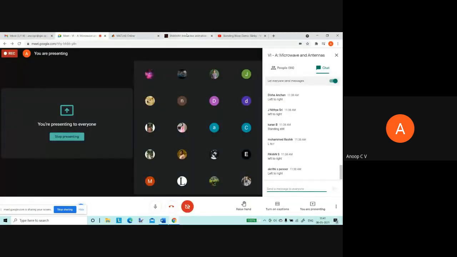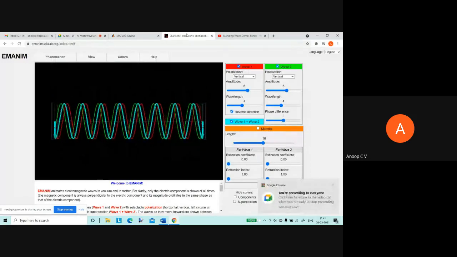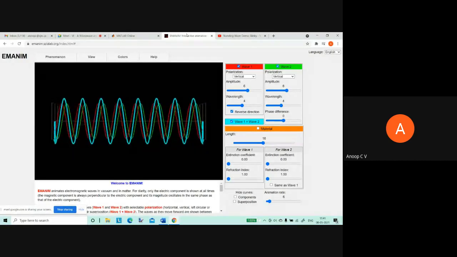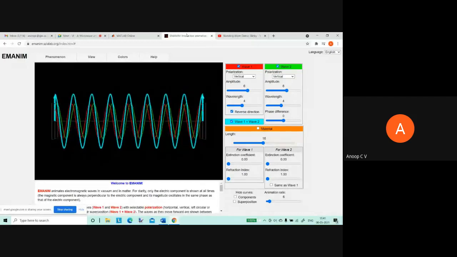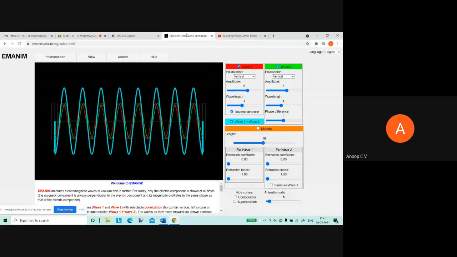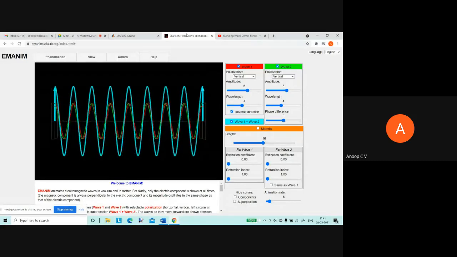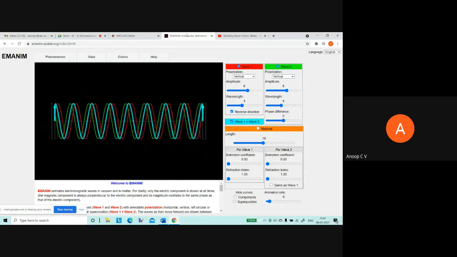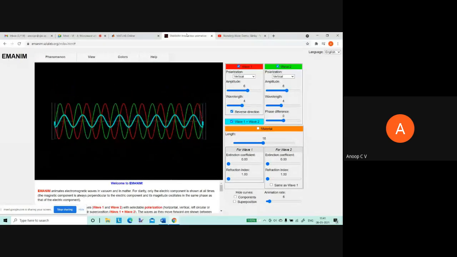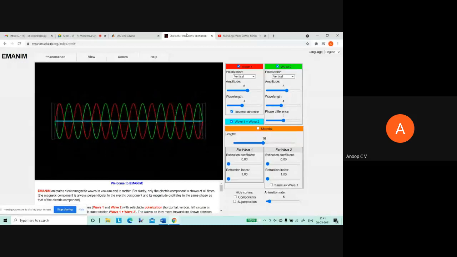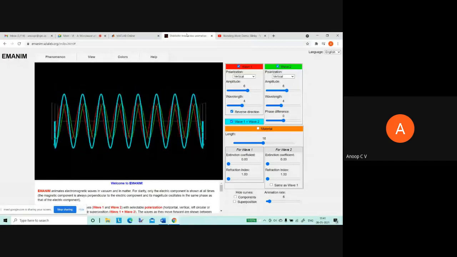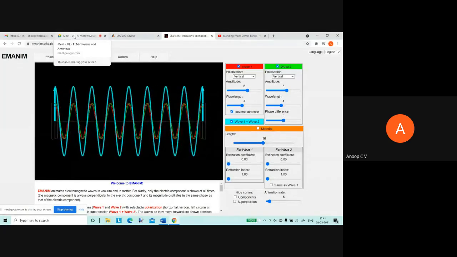In this case, whether it is left to right, right to left, or standing still. What I did is I made incident and reflected amplitudes the same. This is called a pure standing wave. This is what we will get if you tie a rope at one end and move the other end with some velocity, up and down, right? This is what you will observe. So tell me what is the answer for this.